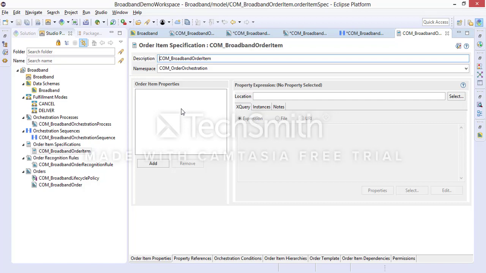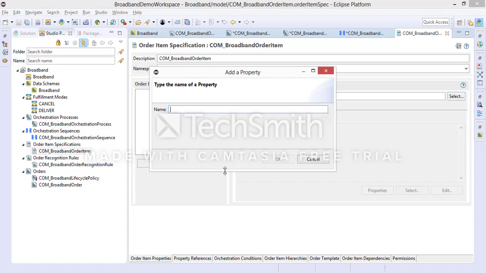The order items will be nothing but the products that need to be fulfilled as part of the service activation. Here we can define various properties about the order item. The type of the product, we can define the requested delivery date for each product, and many other things are available. So as of now we'll just define